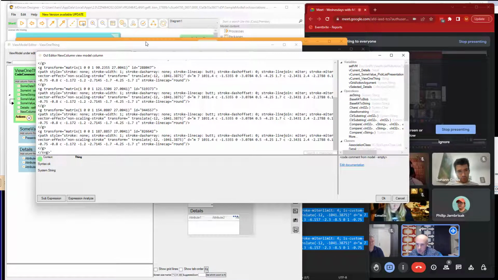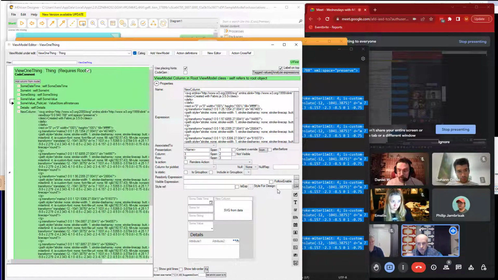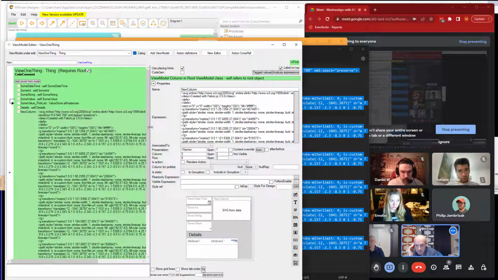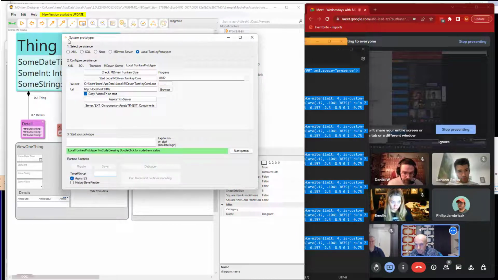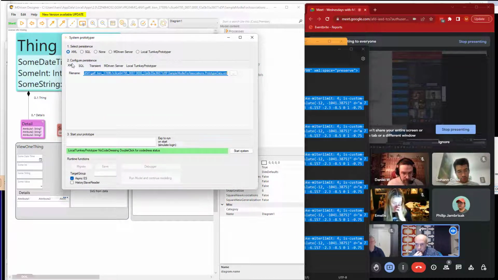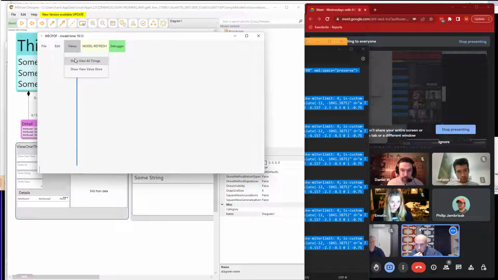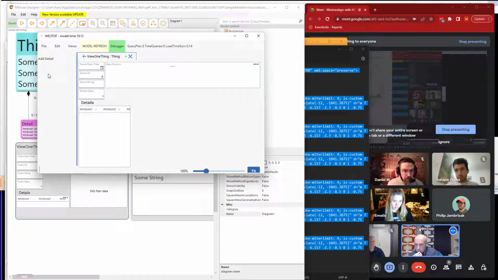And of course, if I can do this, you can imagine that that data could come in from anywhere. It could be from our database or from some logic or method that we have, but I'm going to do it like this for starters. And now we see that the designer says this is SVG from data, and saving that and pressing play and turning on the XML prototyper in WPF and going to view one thing,